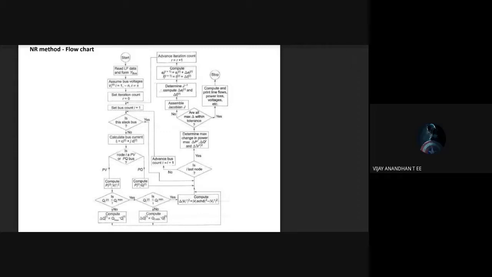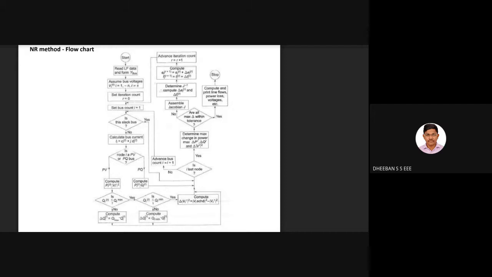So, if before the iteration itself, the max power matches the tolerance value, it means we don't need to form the Jacobian matrix, sir. Yeah, it is not necessary. Okay, you no need to form it. So if you are just going up to this without formation of the Jacobian matrix, the problem will be more or less similar to your Gauss-Seidel only. But the voltage equation just varies. The voltage equation over here and the voltage equation in Gauss-Seidel vary.